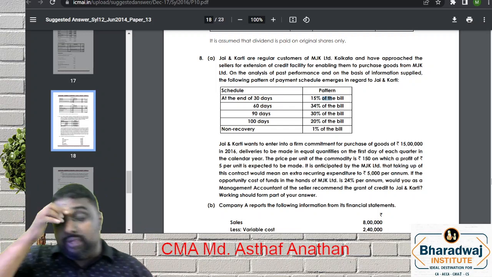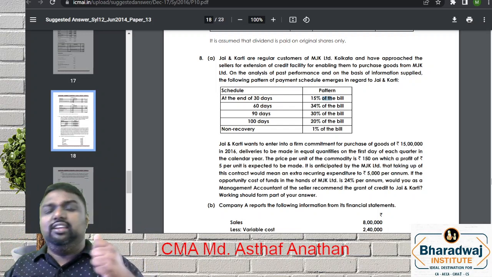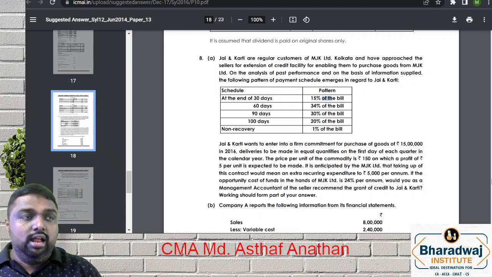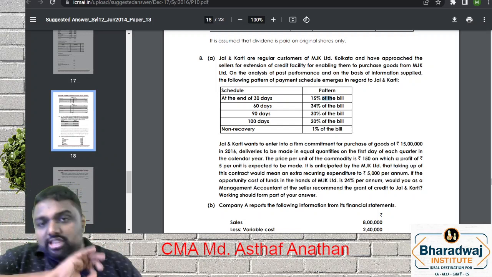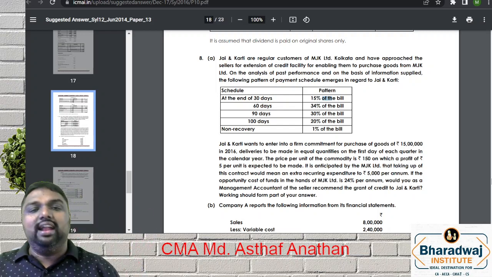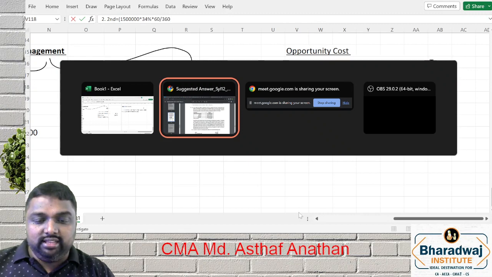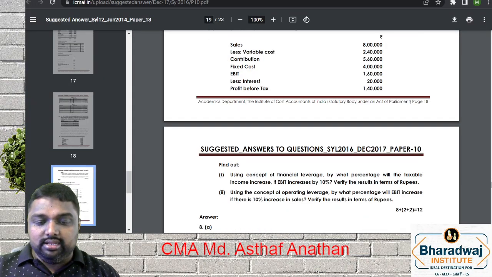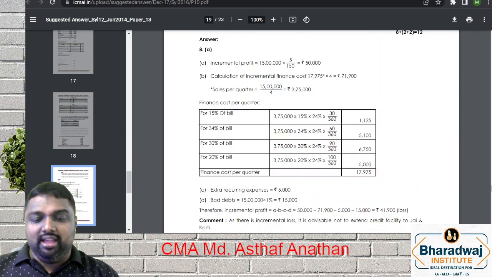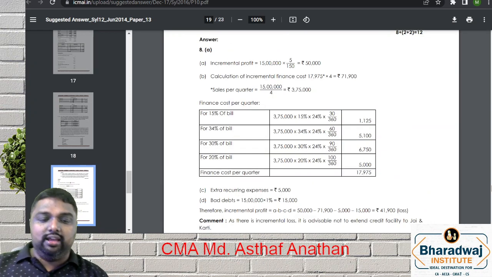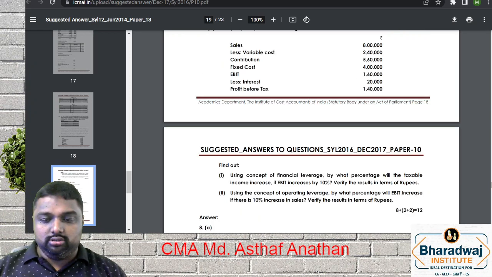If nothing is mentioned, you can take 360, you will get a round number. If you are taking 365, no problem, that is also correct. If you take 360 and the question has not mentioned it, you can give a note that you have taken 360. If you check the suggested answer, I think they might have taken 365. Okay, likely they have also taken 360 only. So shall I continue?